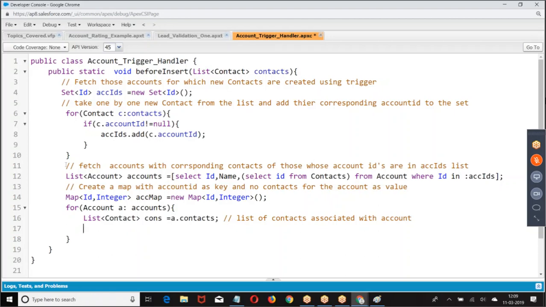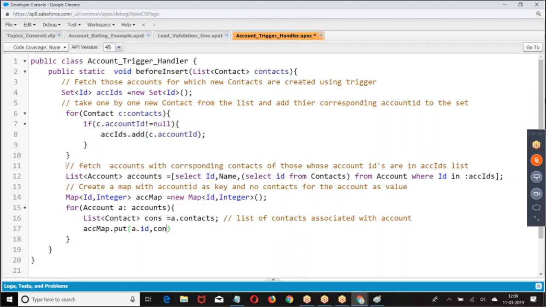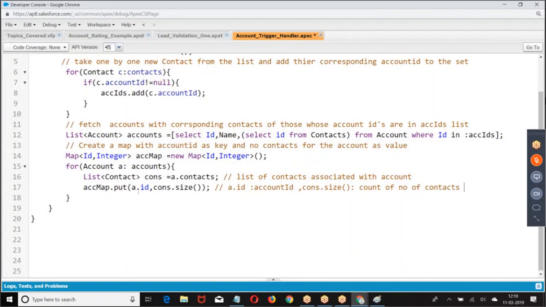Then I'm giving accMap.put(a.Id, cons.size()). a.Id is the account ID, cons.size() is the count of the number of contacts. So the account ID and the corresponding contact count.